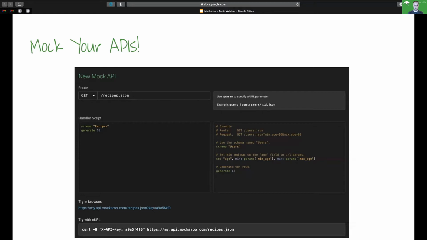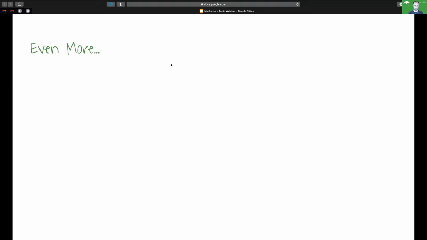So if, based on the input query parameter, you wanted to slightly tweak some of the ranges that are generated from the data in that schema, you can do that as well. And that creates an API endpoint, with a specific route on my.api.mockaroo.com. So basically, it's meant to model your own API, but with the host name just changed.